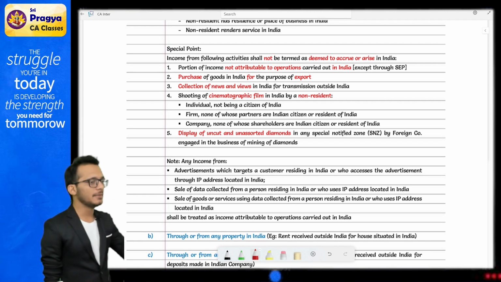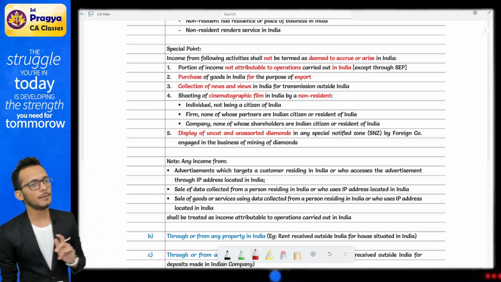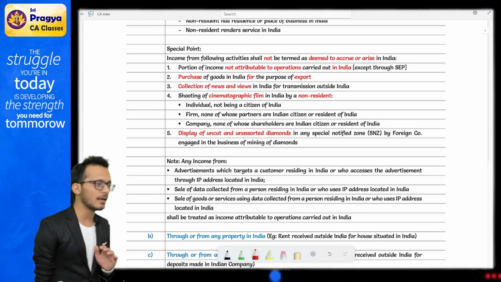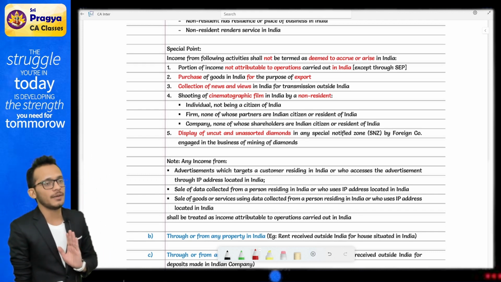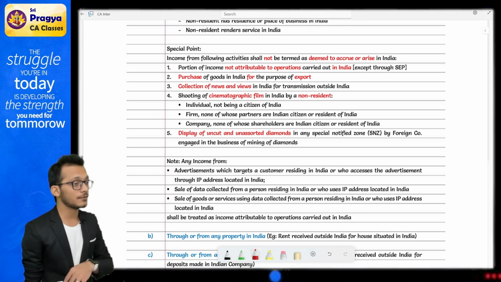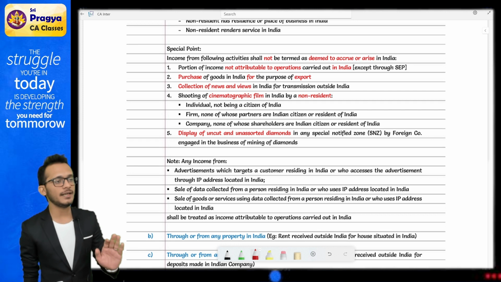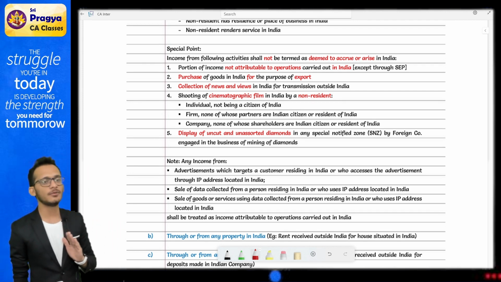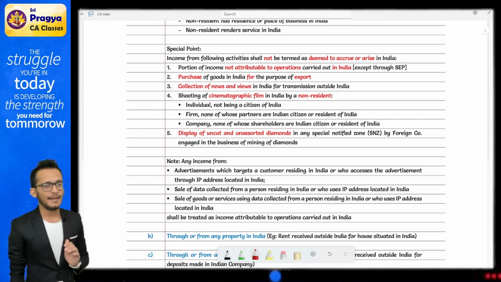This is your PGBP. If it is not PGBP, then it is capital gains. Simply they're coming and saying, boss, if the capital asset was from India, then the income is taxable in India. If the capital asset was from India, which means the asset is also in India or the shares are from India, whatever the case, it doesn't matter. Those incomes will also become taxable in India. And the last thing is your